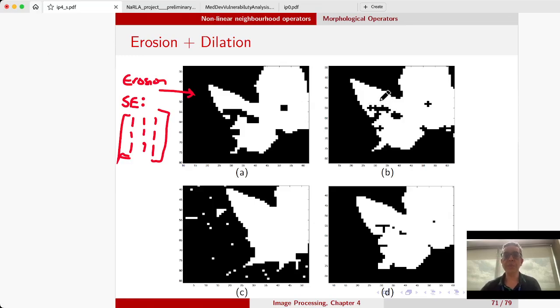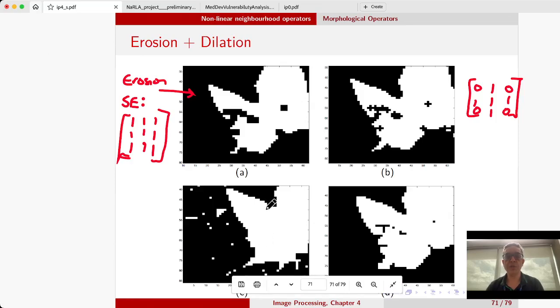And erosion applied with a structuring element that looks like a plus sign looks like this. Let's get this drawn in here. So it looks like 0, 1, 0, 1, 1, 1, 0, 1, 0. So it looks like that. So a little plus sign gives you that, unsurprisingly. Again, you get rid of the noise in the background. So tantalizingly interesting, but you get these big holes here. Now, if you apply erosion followed by dilation with the same structuring element, look at this. You kind of get rid of some of the